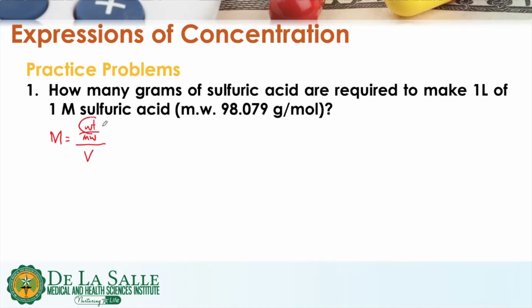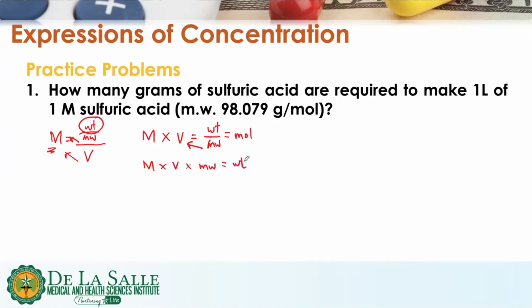Now, to be able to determine the weight, we will simply move the volume and the molecular weight to this side of the equality. So, molarity times volume is basically equal to weight over molecular weight, or that is actually equal to the number of moles. Now we can move the molecular weight over here to determine the weight